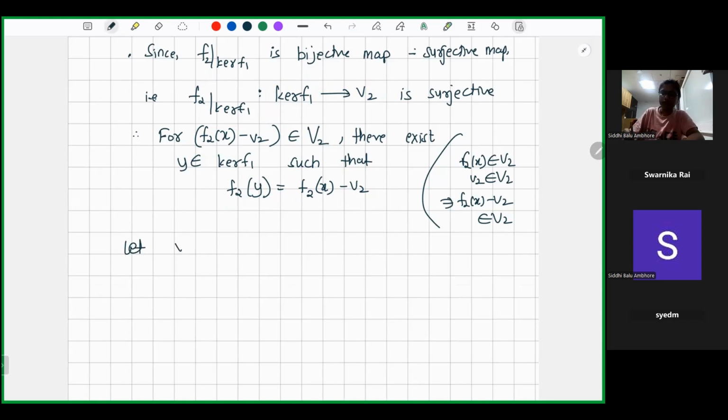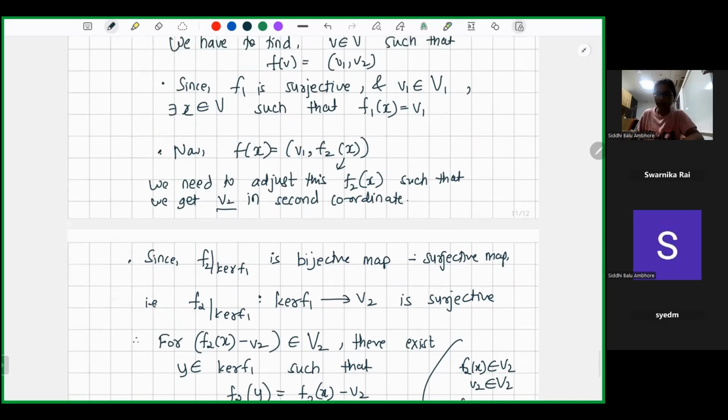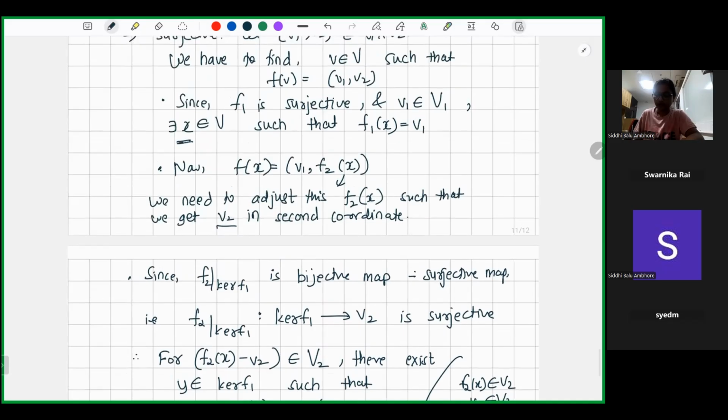Such that f2 of x is v2. So f2 is x minus y, I'm setting there. And now let us check this f of v. f of v is what? f1 of v comma f2 of v. That is